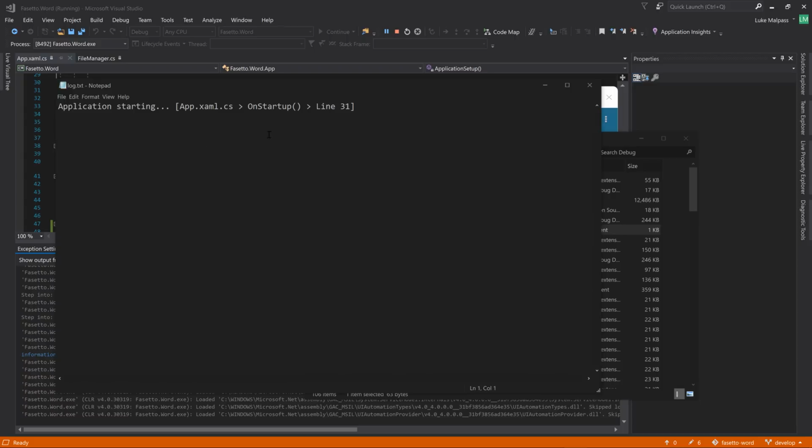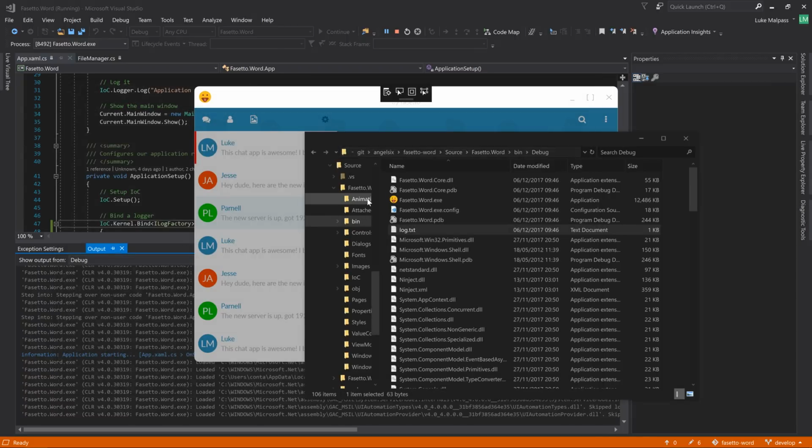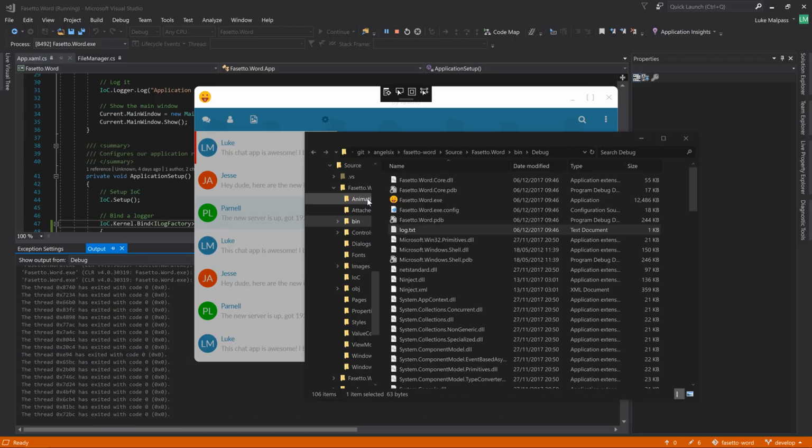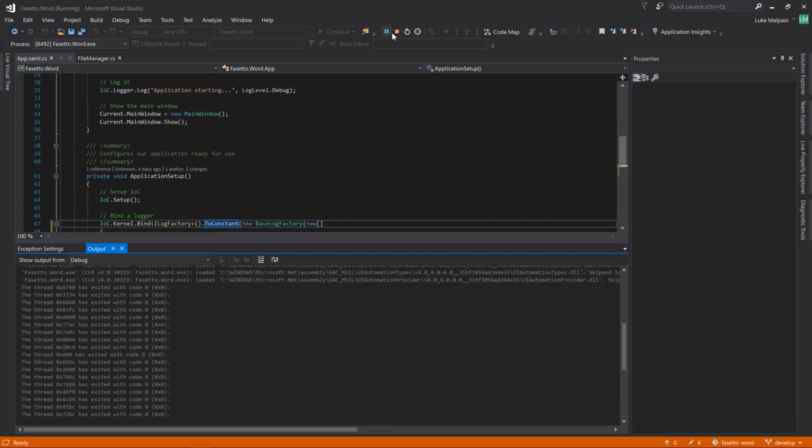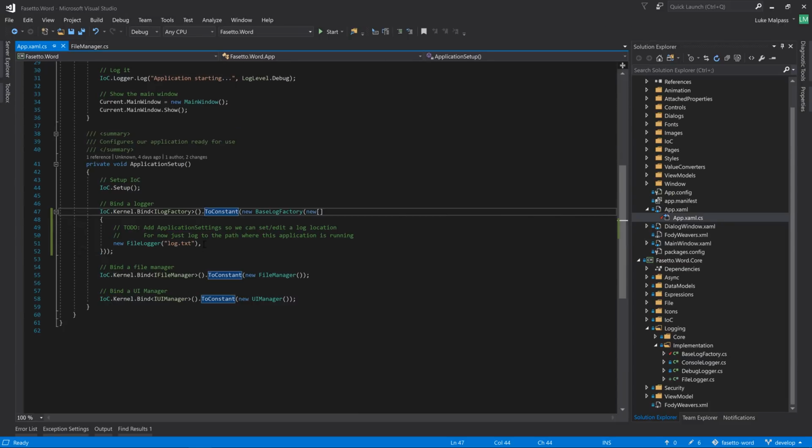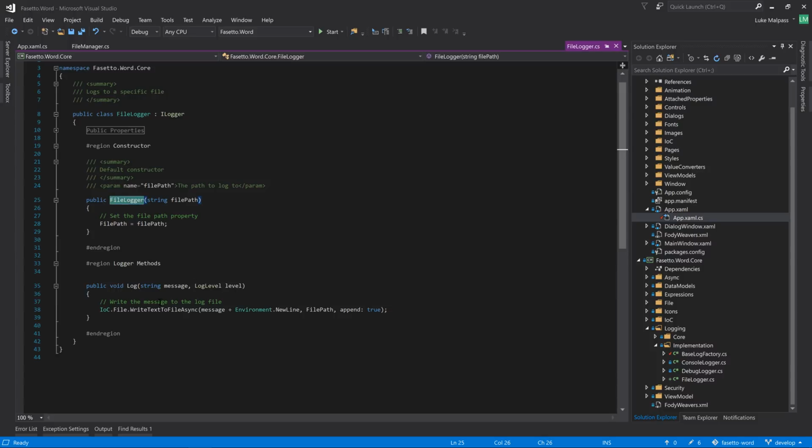Does that have the time and date? No, it doesn't. So the one thing we want to add, and I thought we'd added that to all logs, is the time and date for the log messages. So I guess that depends on whether you want that everywhere, or whether we add it to the file logger. So we could specifically say in the file log here, we want to write